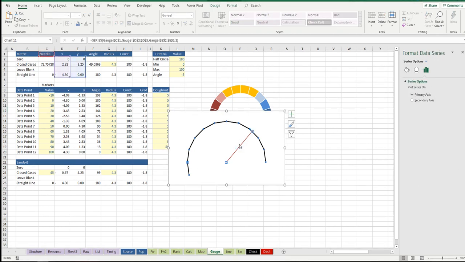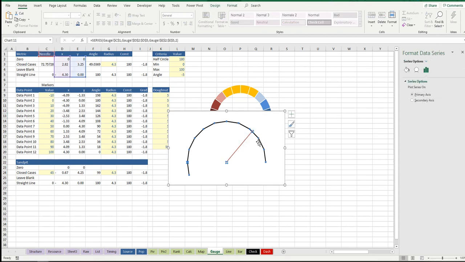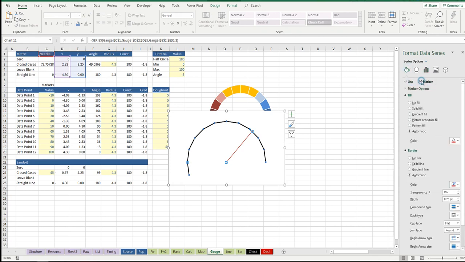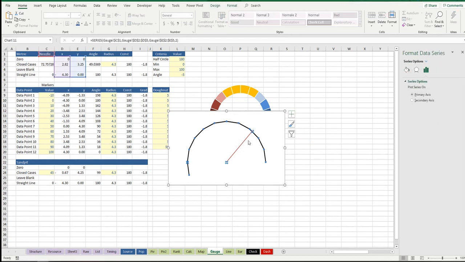That's the way I want it to look anyway. All right, good stuff. So basically, if they appeared, I might have done that a bit quick, Control 1, and then just go marker, and then none, yeah? Now, what we want to do is we want to affect this line so it actually looks like it's